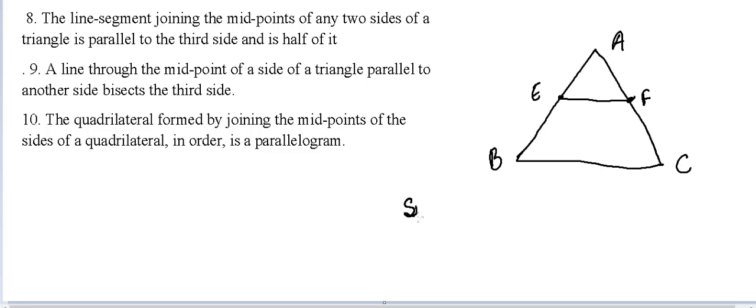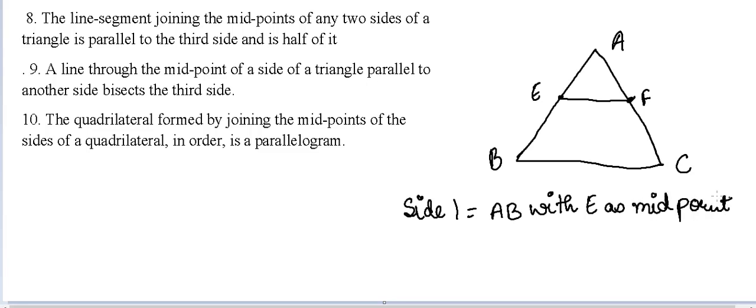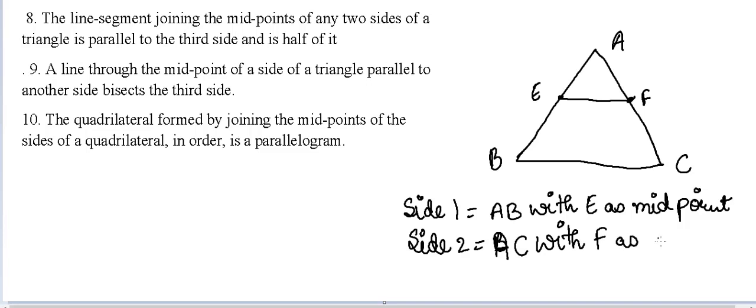So my side 1, see, is AB with E as midpoint, right? Now my second side is AC only, AC with F as midpoint. Okay. Now it says if I join the midpoints of these two sides, okay, what this theorem says, my